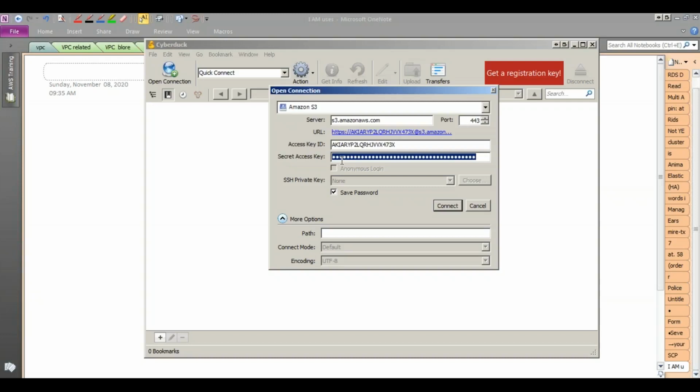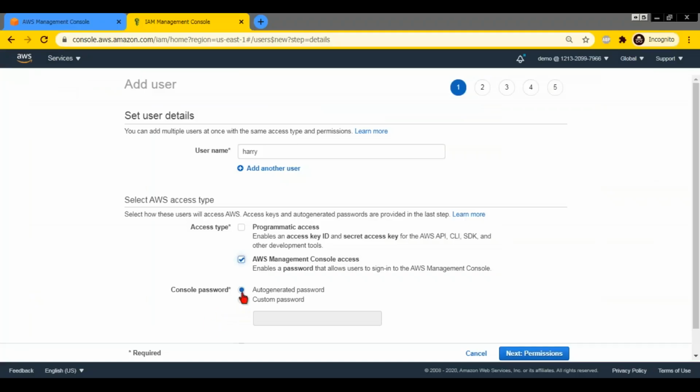Even though it's not the correct term, it is a combination of two keys. One is called the access key and one is called the secret access key, for programmatic access. Whether you're using the command line interface, programming, coding, APIs, or SDKs to interact with AWS, you provide this key. Now say this user Harry needs only console access.